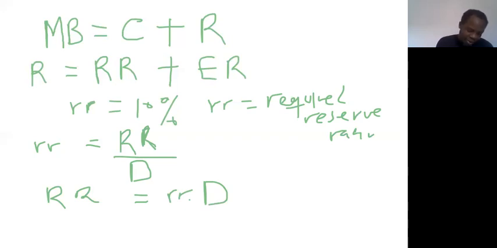I'm trying to write the required reserve in terms of what? The required reserve ratio and deposit. If that is the case, then we can as well do the same for each of the equations that we have here. Then I can say my excess